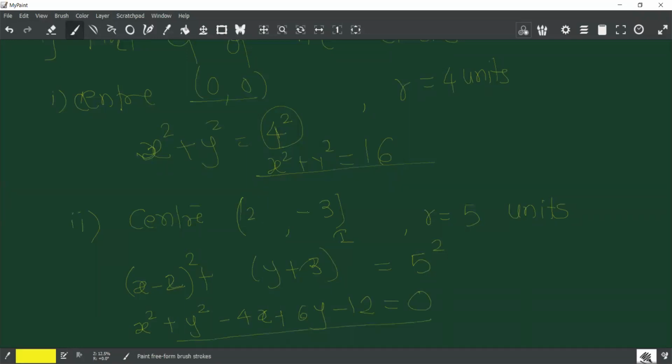But if you have a subjective paper, you have to write center is this, radius is this, never write r as 5, you have to write with units. Then you have to write equation of the circle in center radius form, you have to write the form x minus h the whole square plus y minus k the whole square is equal to r square. Then you will get these 2 steps. And then finally you'll write is the required equation. Correct?